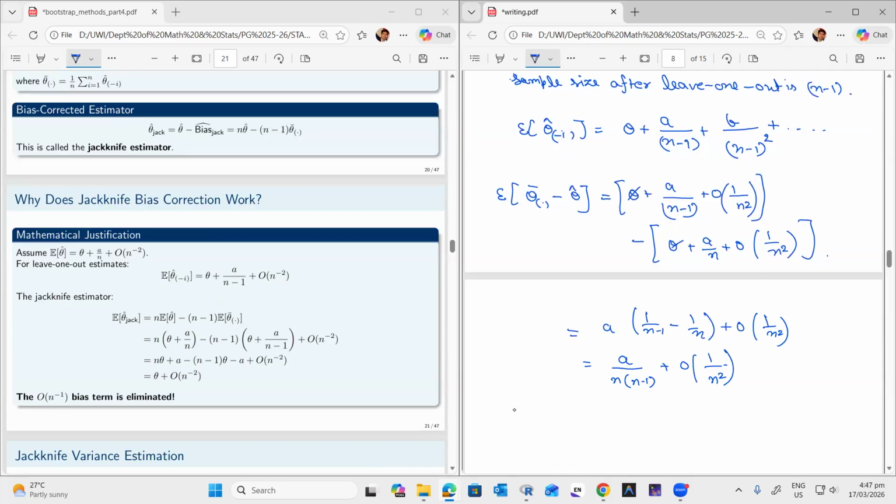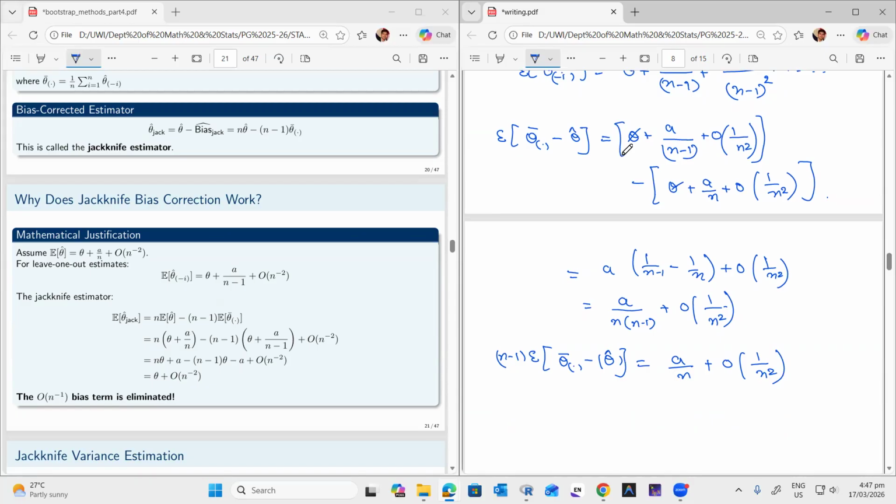So it will provide us the n minus 1 expected value of theta bar dot minus theta cap equals a upon n plus, when you multiply by n minus 1 here, it will not have so much impact because the powers are increasing, so it will remain of order 1 upon n square because this is very high order. All right,